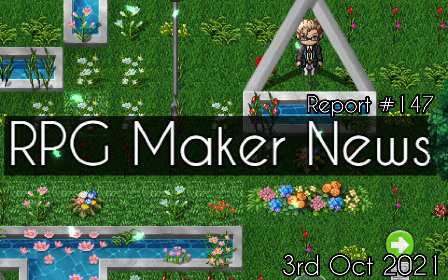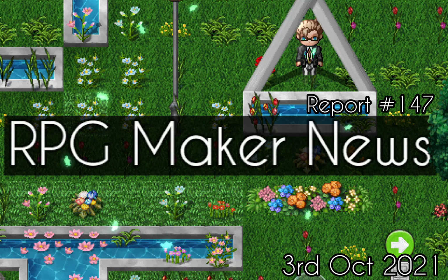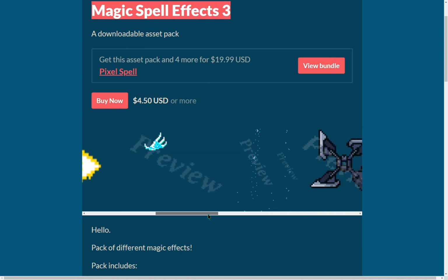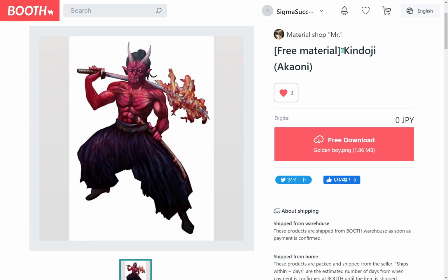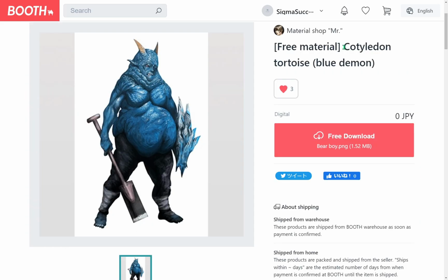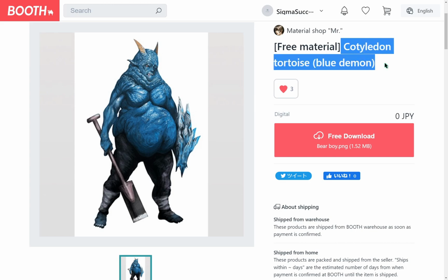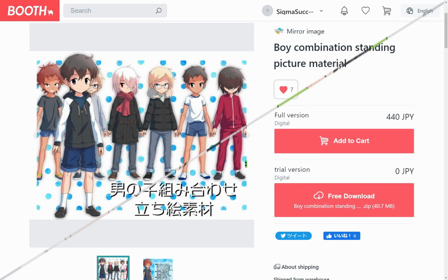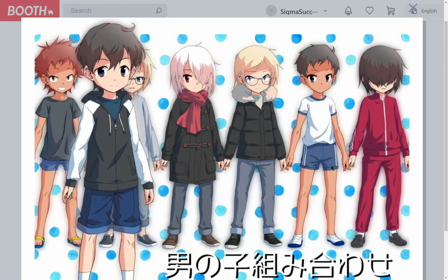I'm your host, Salik. And in today's news, we have an animation pack of magic spell effects by Creative Kind, an enemy battler of a red demon, Kindoji, a white demon, Torakuma Doji, and a blue demon, Cotyledon tortoise, all three by Uji Masala. A character out of a boy by Naka Aki, and a character pack of elementary school